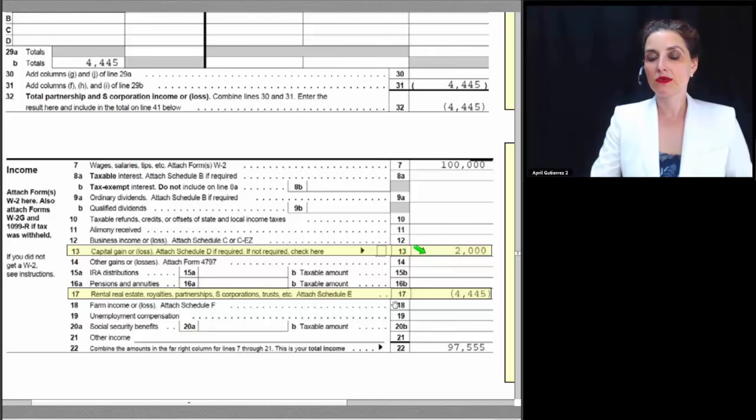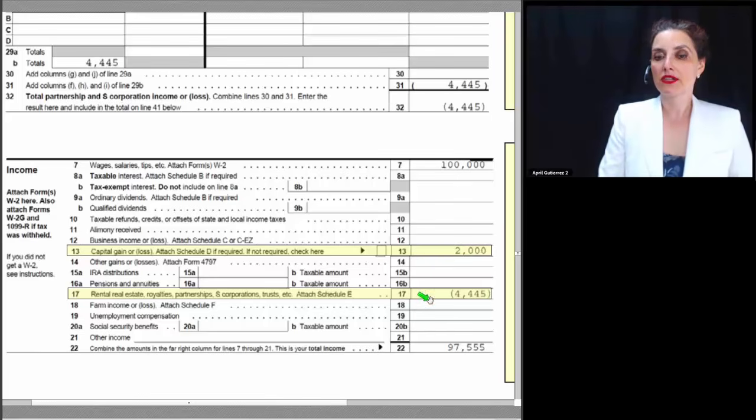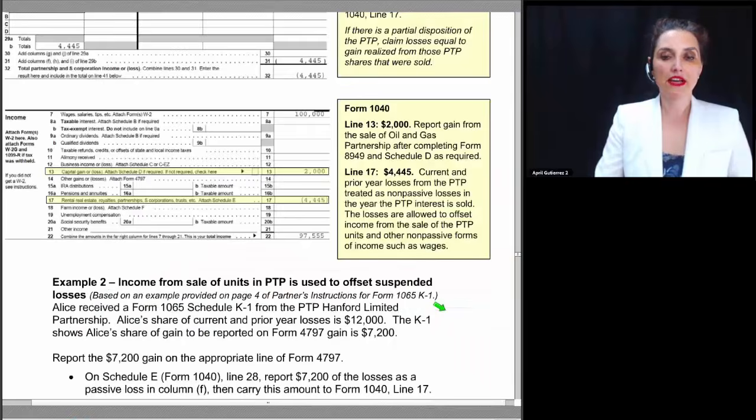So this is a situation where the allowed loss from the operating losses of the partnership are going to be allowed in full, even though they're less than the income from the partnership for the year. And the reason this is the case is because we have a complete disposition of the units. Let's compare that to